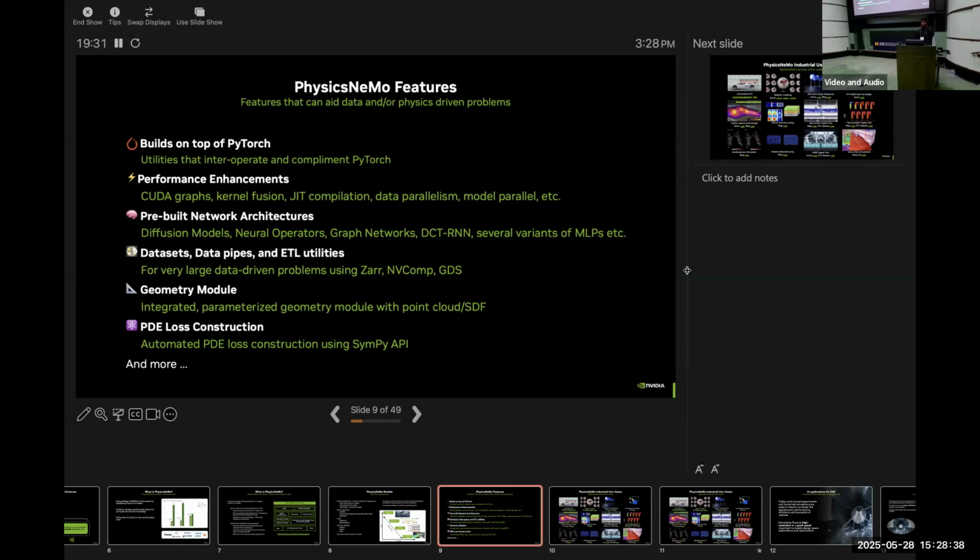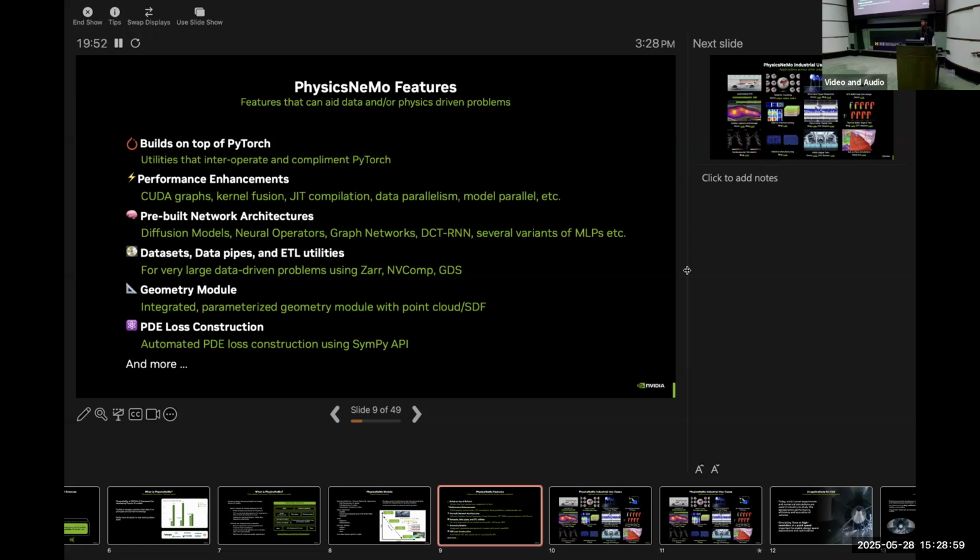We use technologies such as Zarr, nvCOMP, and GPUDirect Storage for really fast loading of these data sets, which becomes very critical, especially when even a single data point can be up to a few gigabytes based on the simulation mesh size.